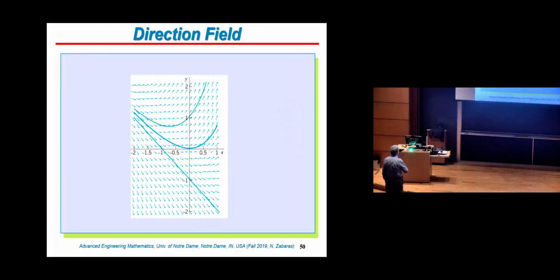How do you like this direction field? So you don't see what the equation is, right? So I don't tell you what the equation is, but let me say that I have some equation, and the direction field looks like that. And you see three particular solutions. Can you tell me the nature of solutions that you observe looking at this direction field for this differential equation that you don't know what it is? Tell me what's going on.